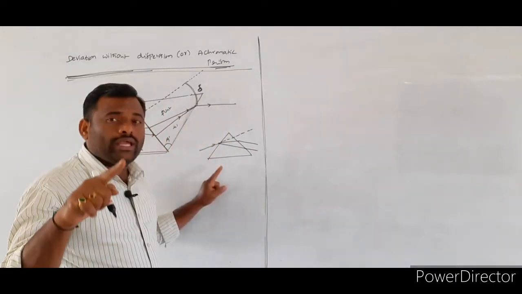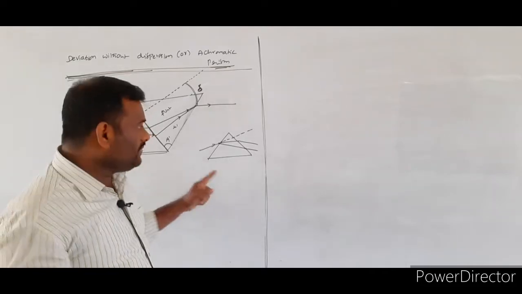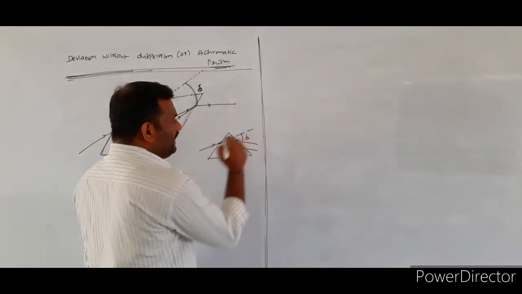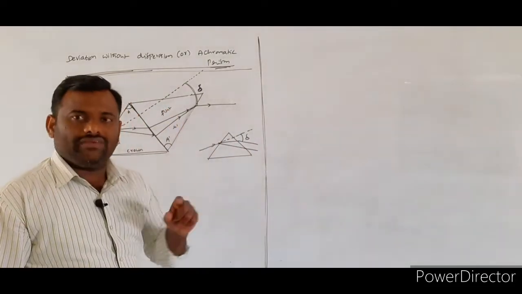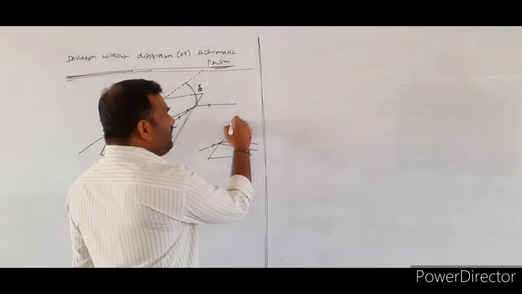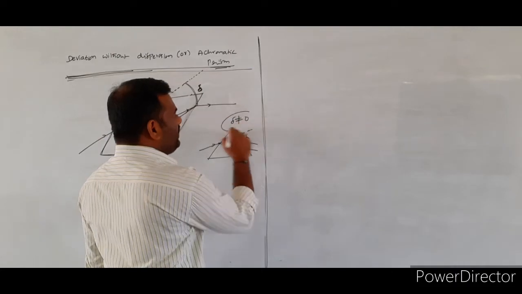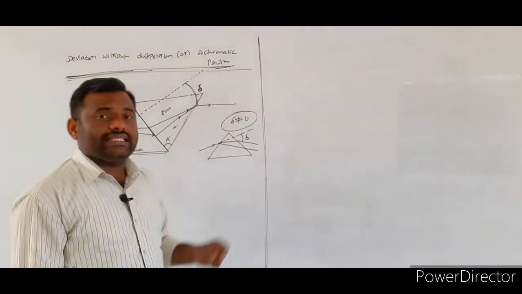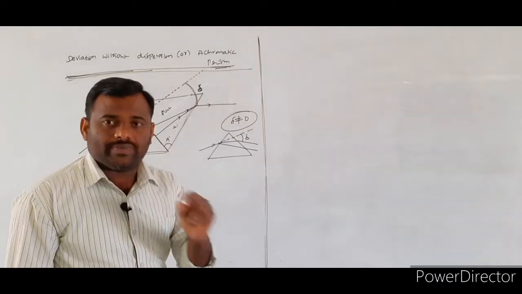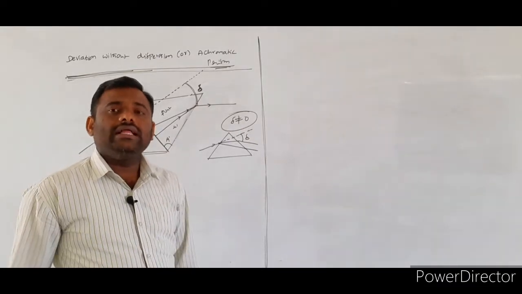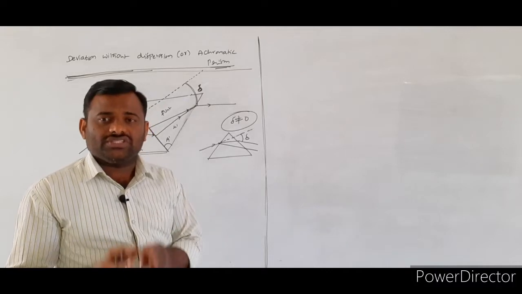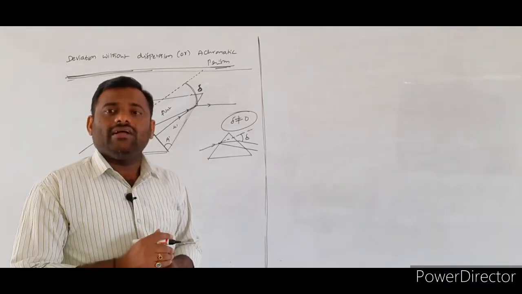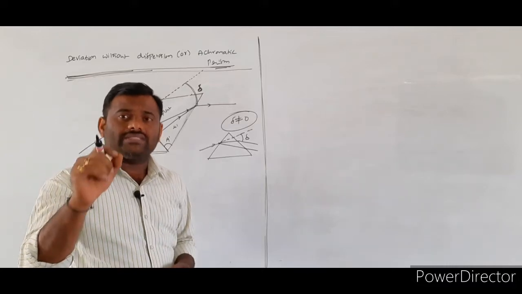Whenever the light undergoes dispersion by a given prism, you observe two factors. One is that the light will get deviated, that means an angle of deviation will exist, and that angle of deviation is not equal to 0. And one more physical quantity you defined, that is angular dispersion. What is angular dispersion? The difference in angle of deviations of two colors of the light, or any pair of colors, is called the angular dispersion of the light.